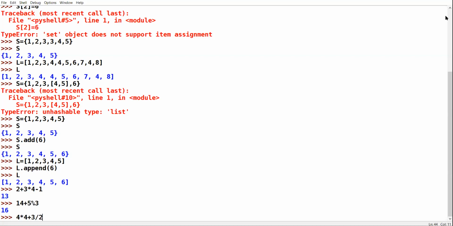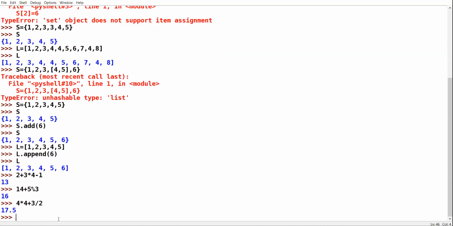Yes, Kavya. 17.5. 3 divided by 2 is 1.5. 4 into 4, 16. 16 plus 1.5 is 17.5. Clear? All of you? All right.